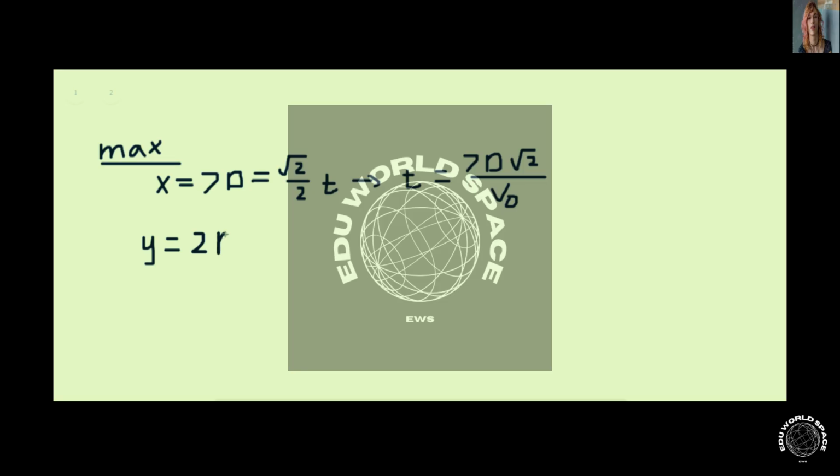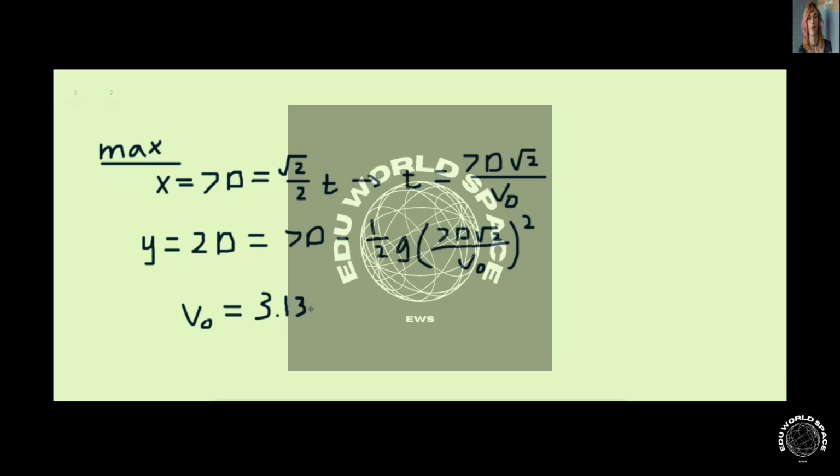which is equal to v naught y times the time, which is just going to be equal to 7d. Since previously it was 6 times d, this time it's 7 times d, since our distance changed, minus 1/2 g, and then the value for time is 7 times d times root 2 divided by v naught, all squared. So again, using the same method, solving for v naught, we find in this case that v naught is equal to